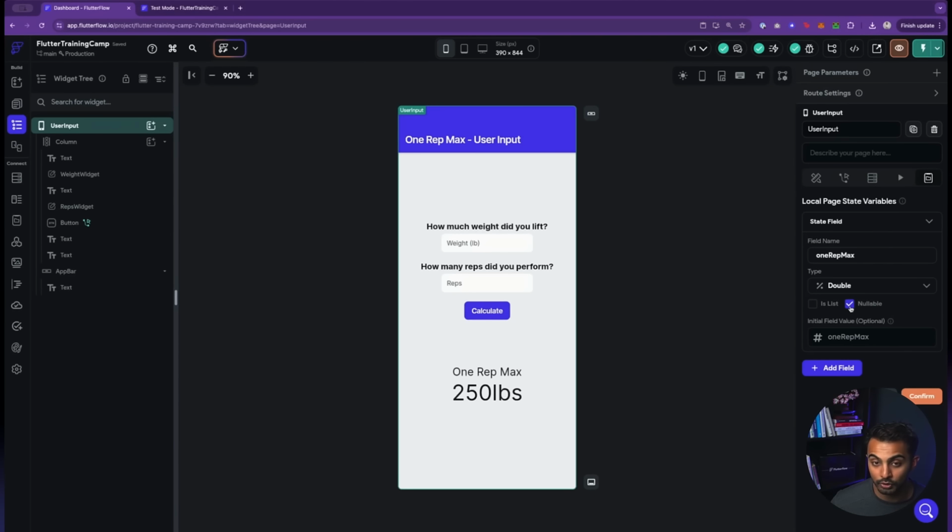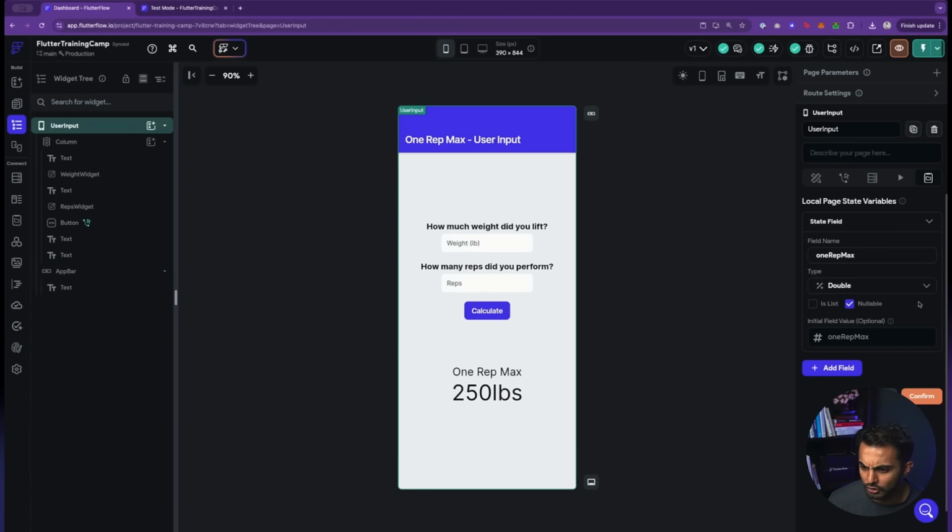We'll say it's nullable. Nullable means, can it be empty or not? My answer is yes, it can be empty. And for the initial value, this is essentially you saying, hey, I want this to be the default initial or first value when a page loads. So for example, if you're building a page state variable for quantity selection, you might want to set this default to 1 because anytime a user loads that product, you might want to default them to 1 product quantity.